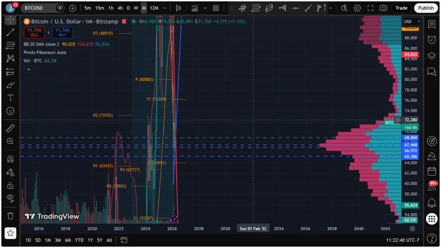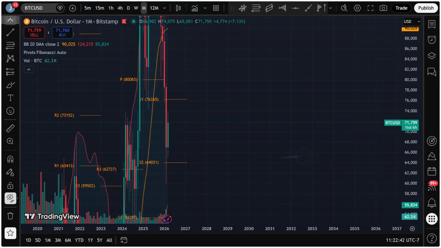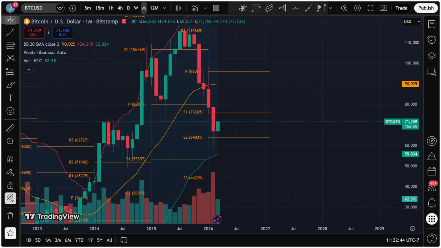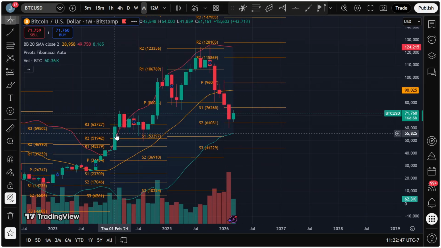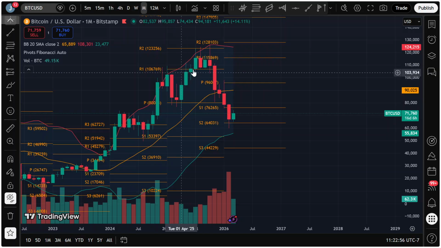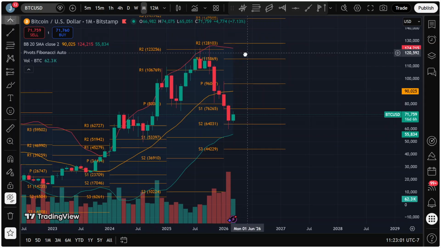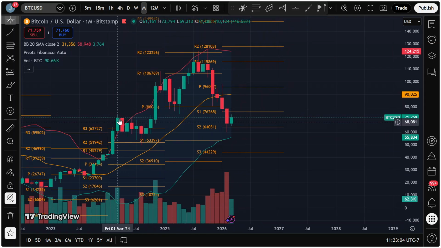Now, most of this is easier to see on the weekly, but I will briefly explain it on the monthly. This is what I was talking about before. This is the March 2024 peak that had never happened before for Bitcoin, where we saw a local high that early in the halving year. I think that permanently messed up the trajectory of the price, essentially. I think that's why we didn't get 130 to 150K. It's because psychologically the market already experienced a new all-time high early, and then we just kind of got dragged along for the election and everything else, but we had lost most of the excitement early.